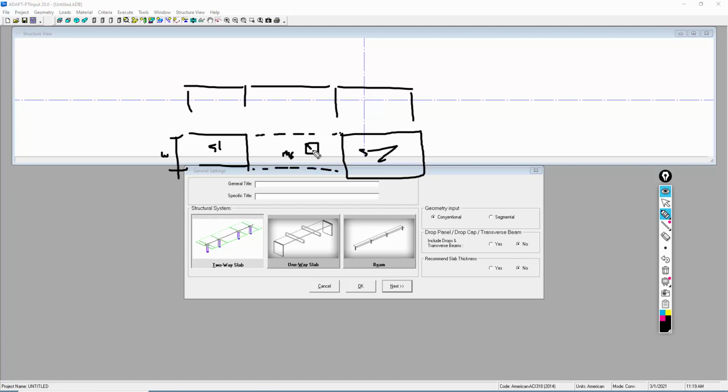Okay, there's the opening. However, when we model in PTRC, what happens is if we have our columns set here, so these columns are shown there, everything is done about a center line. So we have this datum or center line that we're referencing. We'll call it a reference line, RL. And so we cannot model an opening away from the reference line. In other words, I couldn't puncture a slab here where there's a gap between the reference line and the face